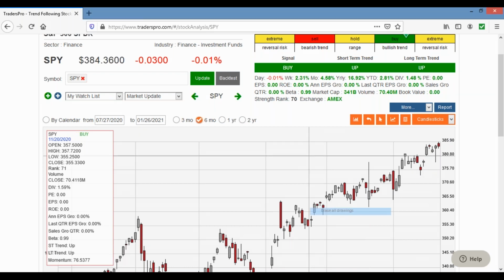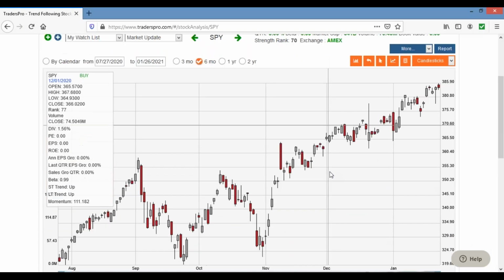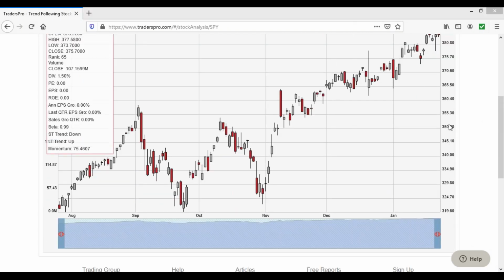You look back, if I've referenced these other corrections that happened earlier a few months ago, this is kind of what I'm talking about. You had this consolidation back here in August, and then you had this run up of a couple weeks right here. And then that triggered a big sell-off day right there, and that triggered the much bigger correction. You had this little run up, you had a consolidation right here, you had this little run up right here, and then that triggered that sell-off right there. Usually